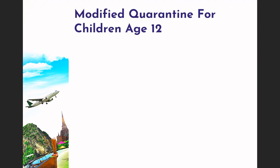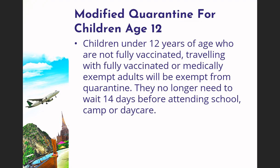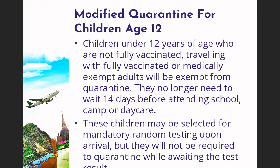Now let's talk about modified quarantine for children under age 12. Children under 12 years of age who are not fully vaccinated, traveling with fully vaccinated or medically exempt adults will be exempt from quarantine. They no longer need to wait 14 days before attending school, camp or daycare. These children may be selected for mandatory random testing upon arrival, but they will not be required to quarantine while